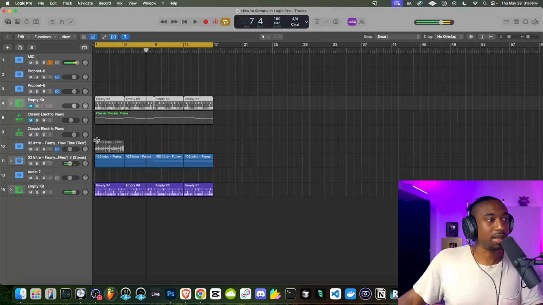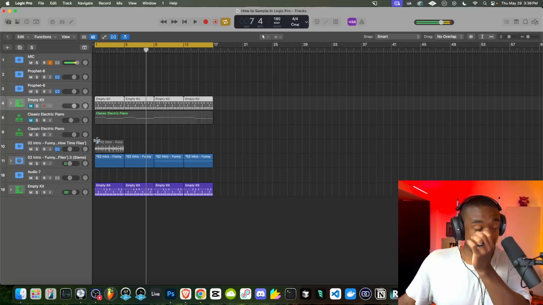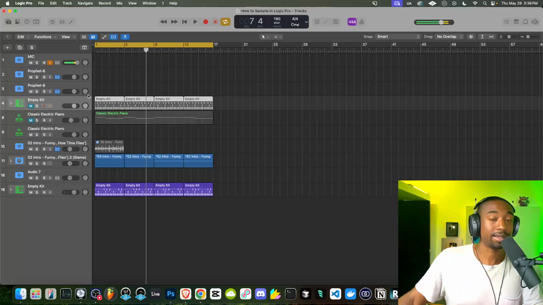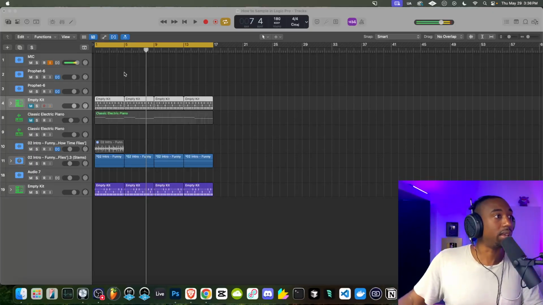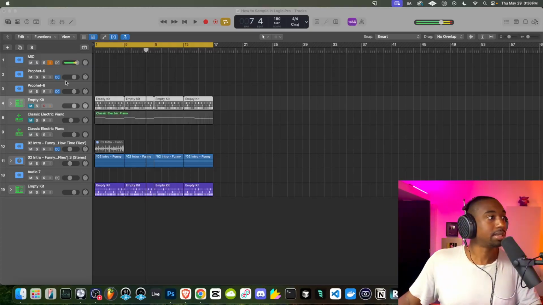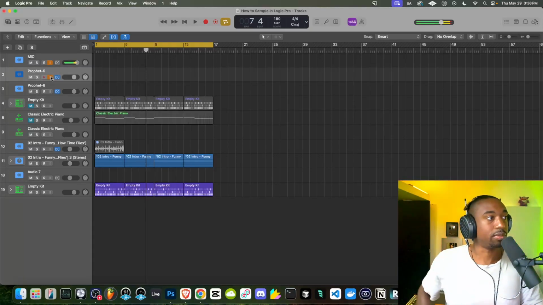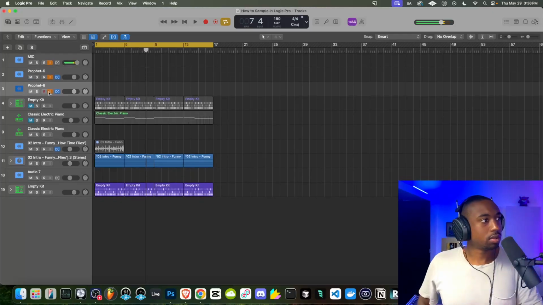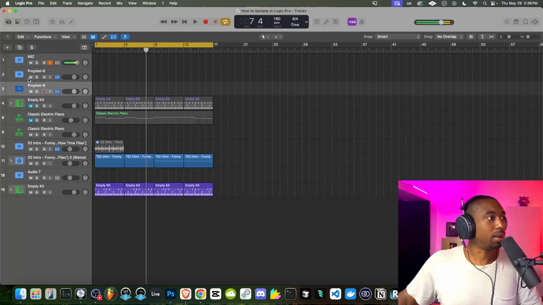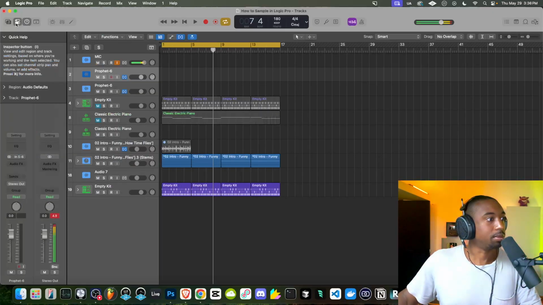Now we have a unique vibe that you can't get even from the sample, because again, that stem splitter is so good. It's like having the multi-tracks from the actual session, which is crazy to think that we have that much access. The last thing I'm going to do here is just add an instrument, play from my keyboard here. If I could figure out which one is the actual, let me see, this might not even be loaded up. So never mind. I was going to add some instruments here, but